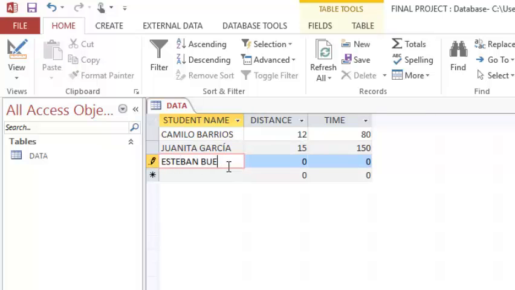And my final student will be Esteban Buendia. Esteban ran or walked 30 meters and he took 300 seconds. Okay, with our table done,